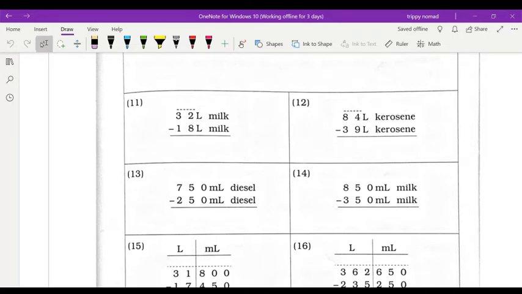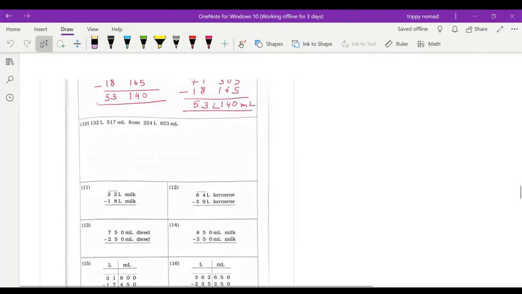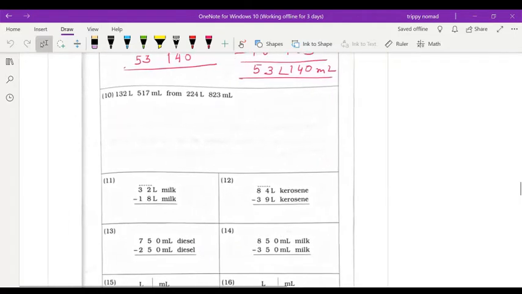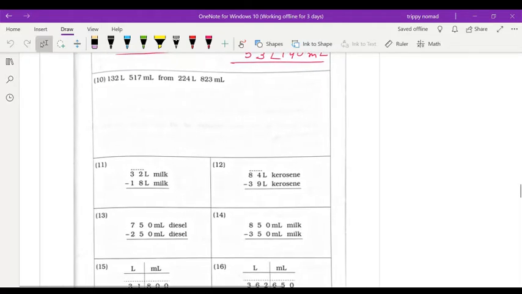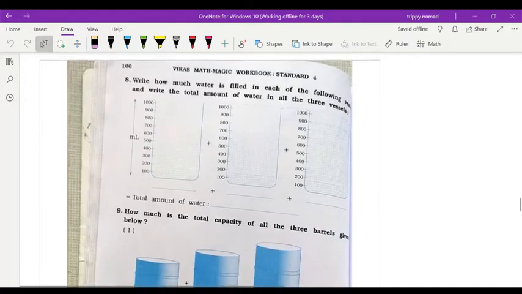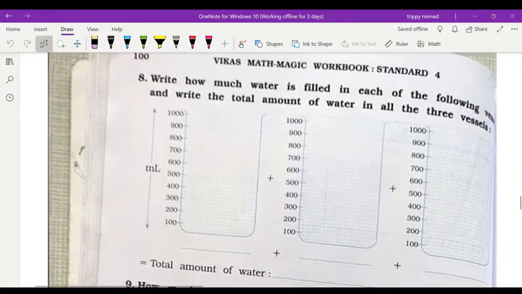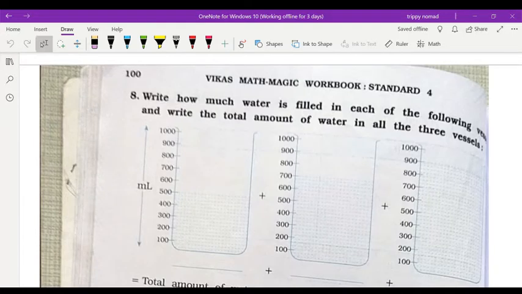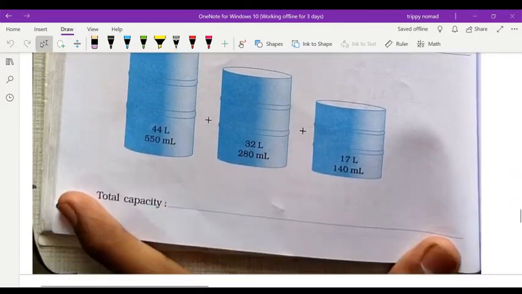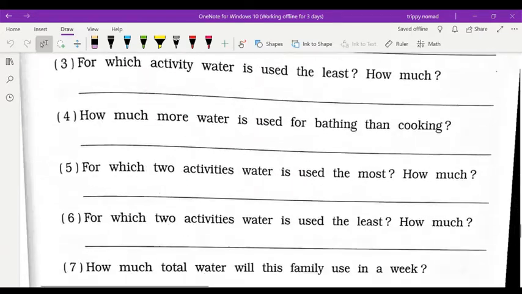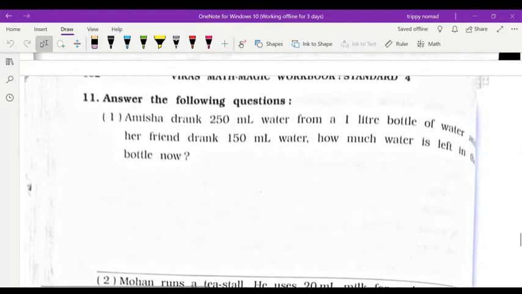Today we are going to start chapter number 7. Already we have started, and I explained how to do addition and subtraction sums. I hope all of you have completed questions number 6 and 7. Question 6 was for addition, 7 for subtraction. I hope everybody completed their homework. So now question numbers 8, 9, 10 we will do later. First of all, I am going to start sum number 11. I am going to read from here.